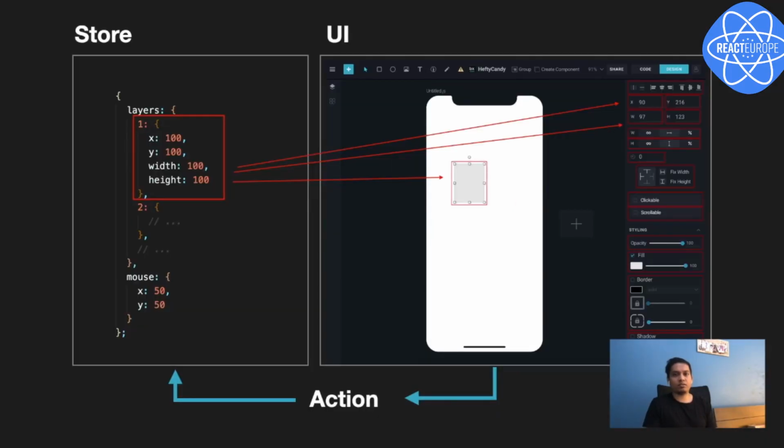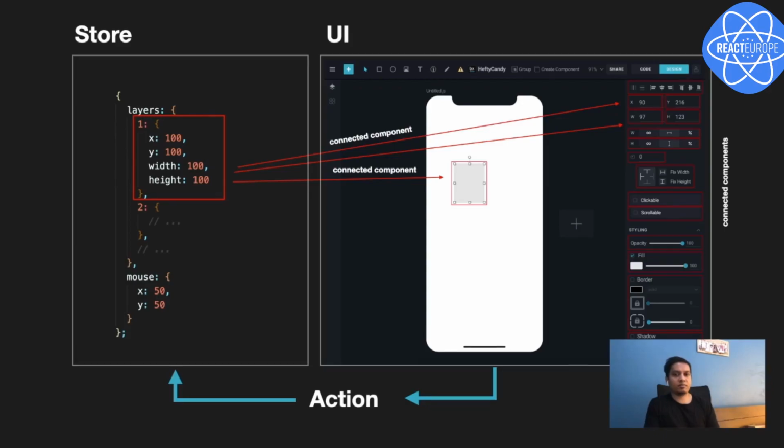And this is how it looks. We have the layers stored in key value pairs with, say, layer ID as the key, and the position and orientation as the value of that layer. The store is connected to all the components marked on the right side. So all the red blocks you see on the right side are the components which are connected to the store. And any interaction on the UI would dispatch an action that changes data in the store via reducer. So yeah, this worked well, and we achieved the basic functionality of our app.